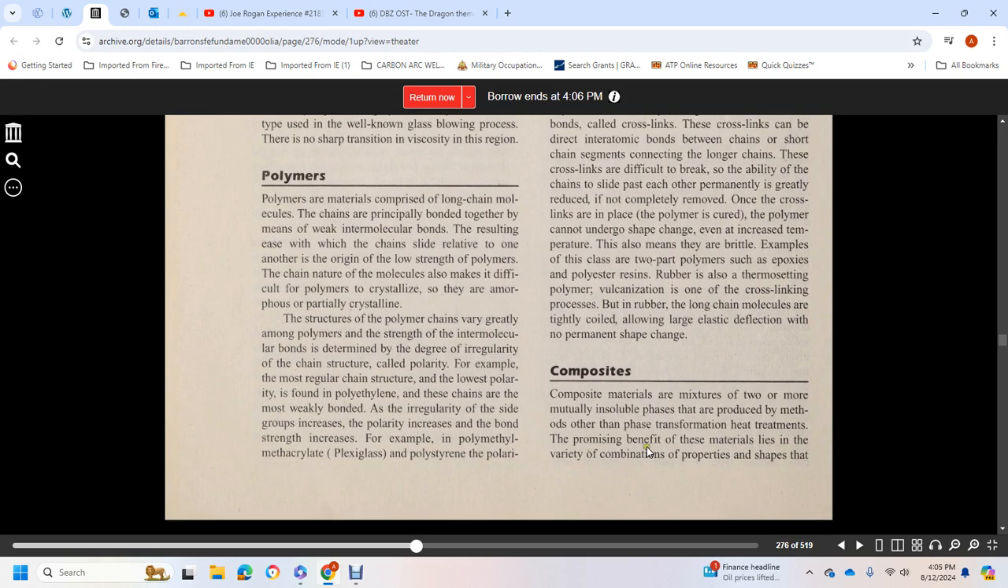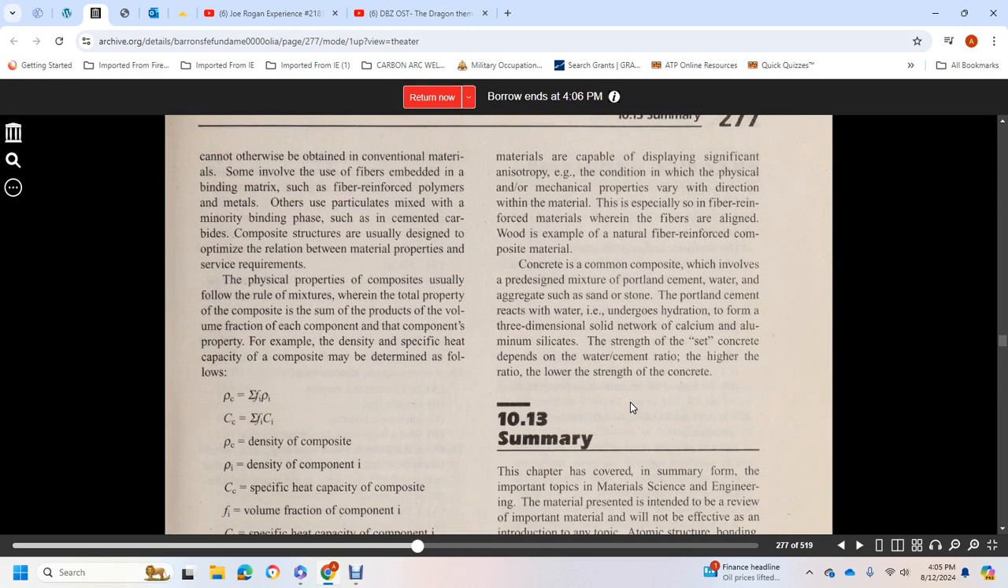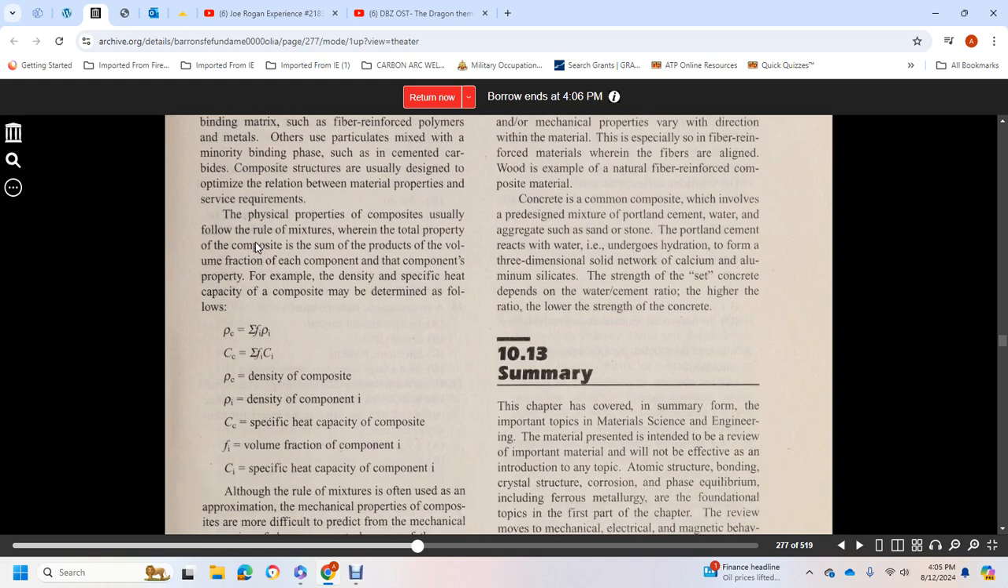The methods for the other phase transitions, such as heat treatment, are promising, benefiting materials with a variety of combined properties and shapes that cannot otherwise be obtained with conventional materials. This involves the use of fibers embedded in a binding matrix, as in fiber-reinforced polymer bundles, or other particles mixed within a minority binding phase, such as cemented carbides. Composite structures are usually designed for an optimized relation between material properties and service requirements. Physical properties of composites usually follow the rule of mixtures, where the total property of the composite is the sum of the products of the volume fraction